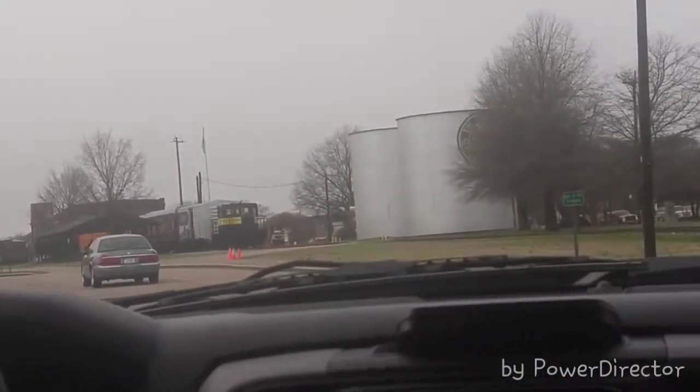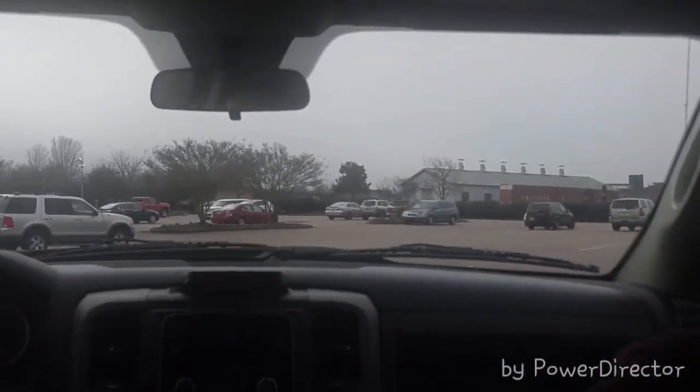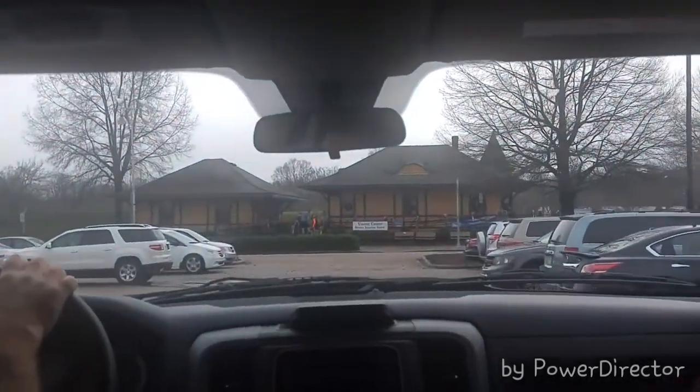Look at the choo-choo train. Is it just trains? Mainly, yeah. Visitor centre. Yes, it's an old railway line. Oh yeah. Yeah, they've got